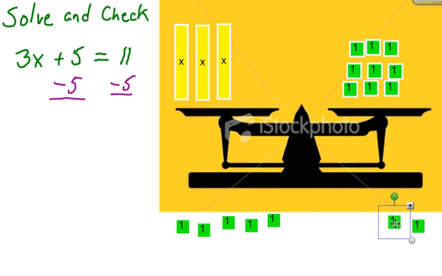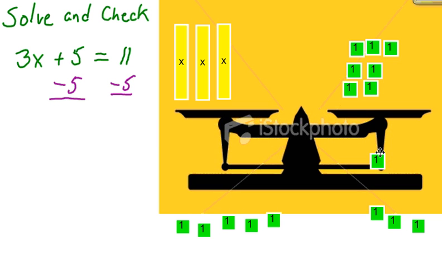So that's 2, 3, 4, and 5. Okay? So now, as you can see, the equation would tell me, visually, 3x equals 6,